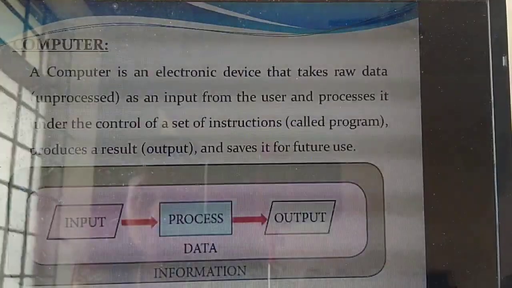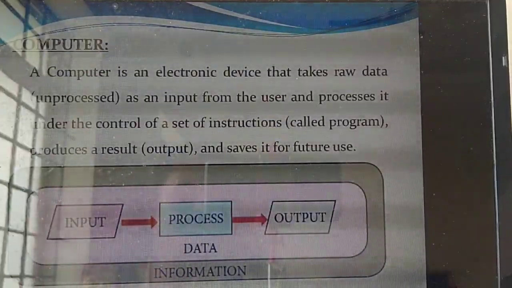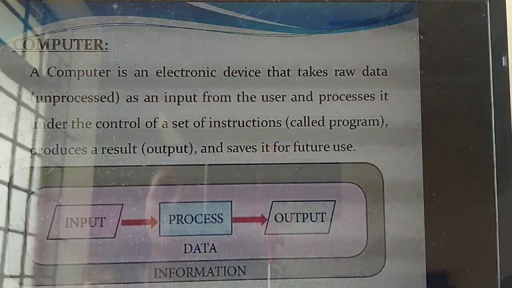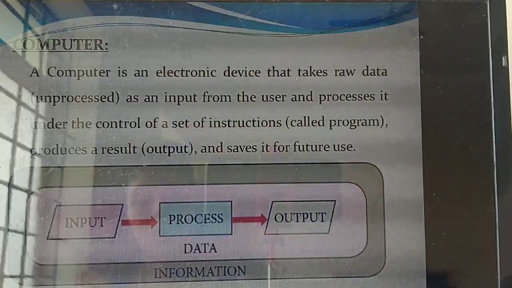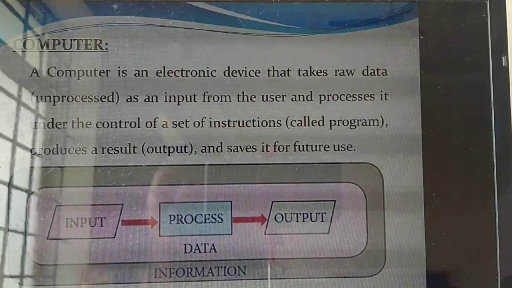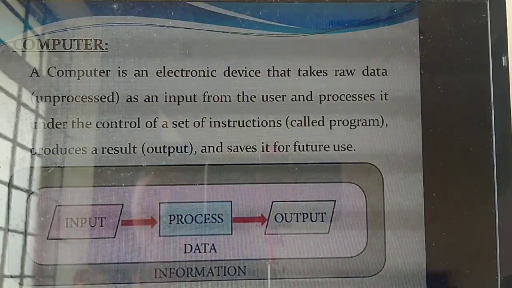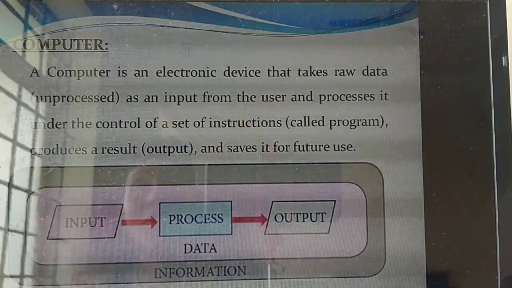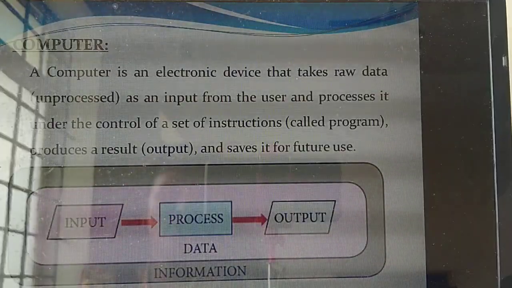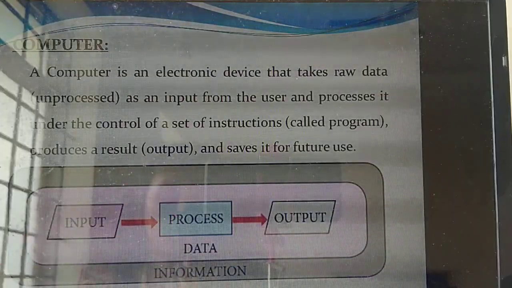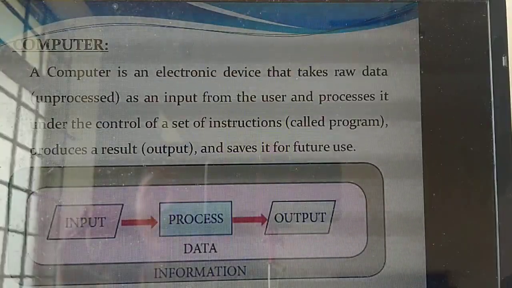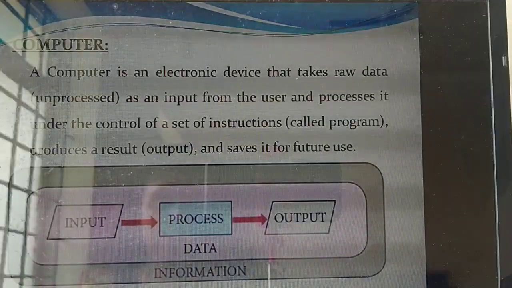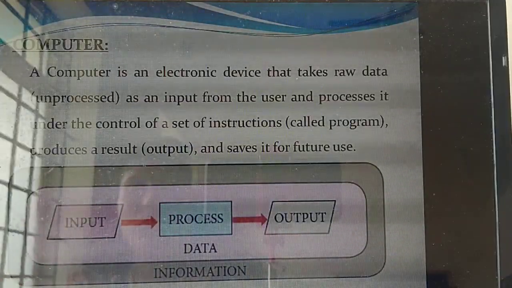Understand? Yes. So the next thing is, what is a computer. This question you have studied from first standard itself. What do you mean by computer? What is a computer? Even small kids, if you ask, will say what a computer is. Computer is an electronic device, the same thing only they are given, that takes unprocessed data as the input. Understand? Unprocessed means raw, that is raw data. What do you mean by raw data? Unprocessed data as an input from the user.